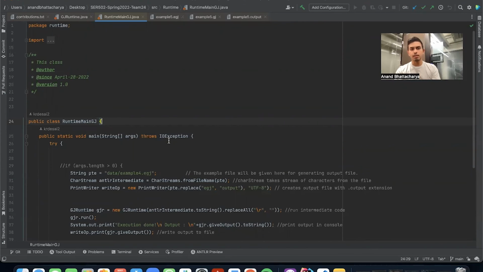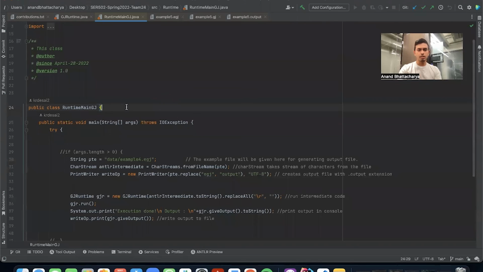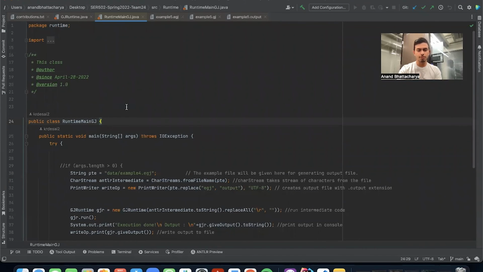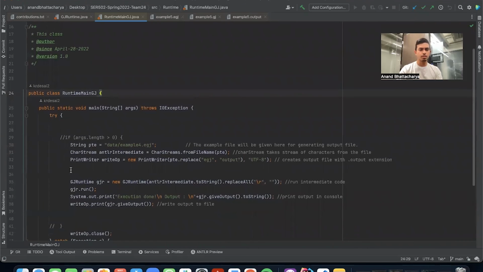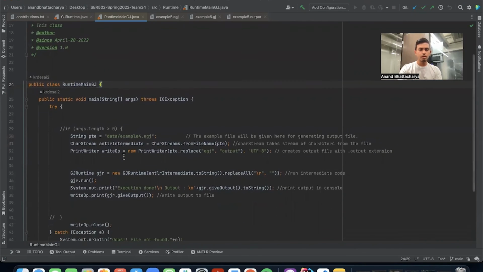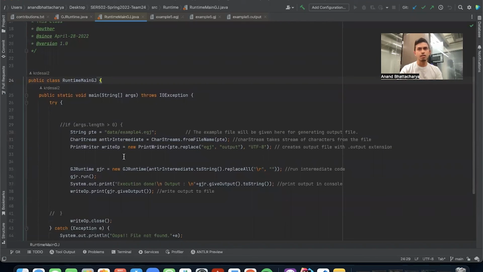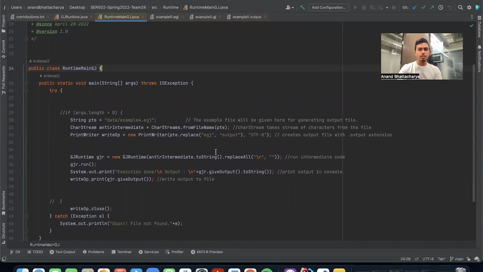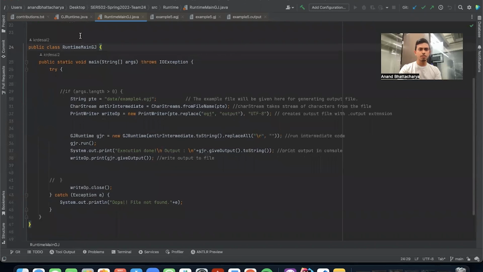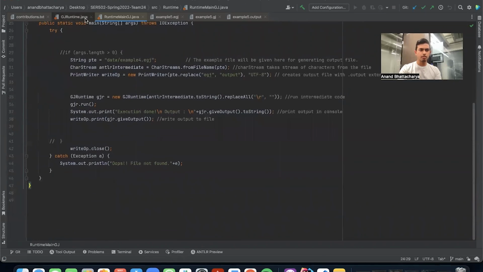Hello, I'm Anand, and I'm going to be explaining the runtime main class and the runtime GJ class for our group 24. So in the runtime main, we are taking an input such as the example 4 file. And in this, we are taking the file and creating it with an extension .egj. And this takes the EGJ and will check it for tokens. So this is passed to the GJ runtime,